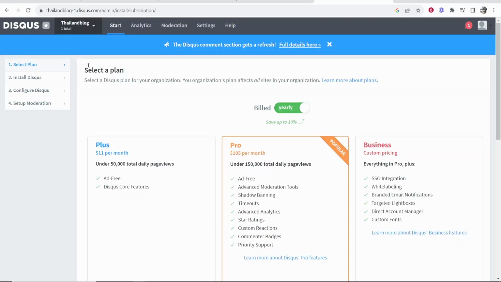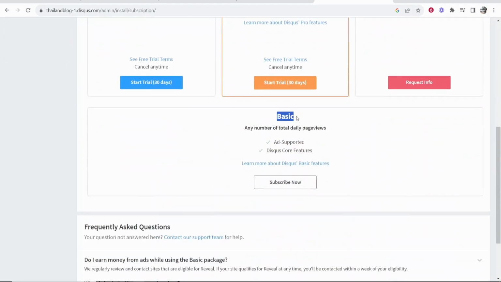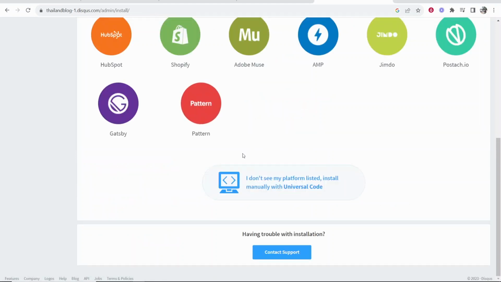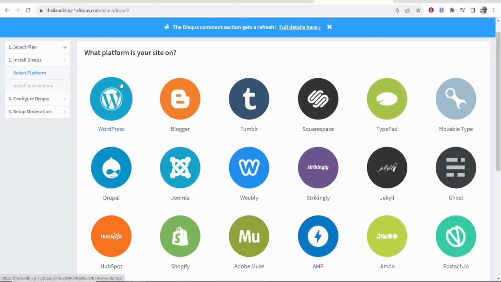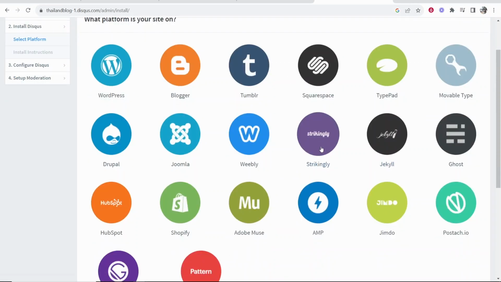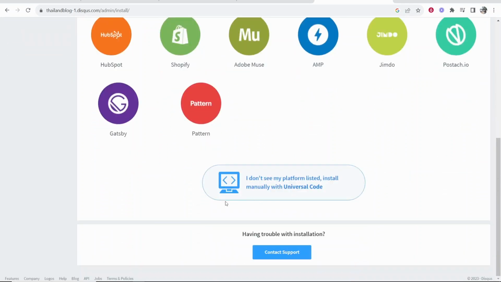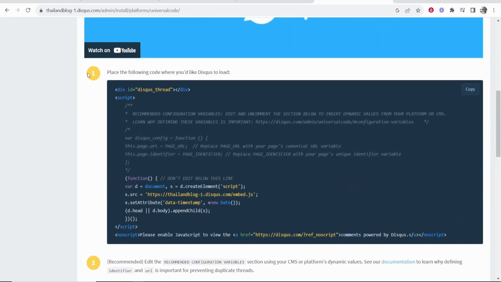Okay, so now they're going to try and get you to select a plan. Now if you scroll down to the bottom here, you can go ahead and use the basic plan. Go ahead and subscribe to that, and it is going to be a completely free plan. Now here we need to install it to our website, right? And if you were using any of these platforms, you could install it with a couple of clicks. Because you're using Google Sites, we do have to go for a couple of extra steps. Scroll down and it says here, I don't see my platform listed, install manually with universal code. Click on that, and then don't worry, all we need to do now is scroll down to step number 1